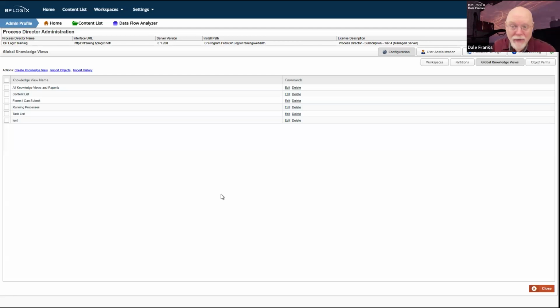I don't have an example of one because, quite honestly, other than this one down here called test that doesn't actually do anything, I just don't create global knowledge views. Now, I can see some reason for why you might want to in certain special cases, but I can't really think of a good use case for doing it. However, that capability is open to you.